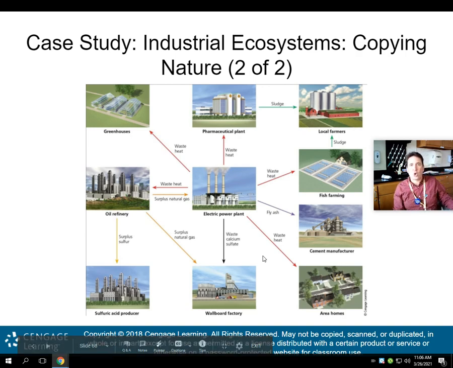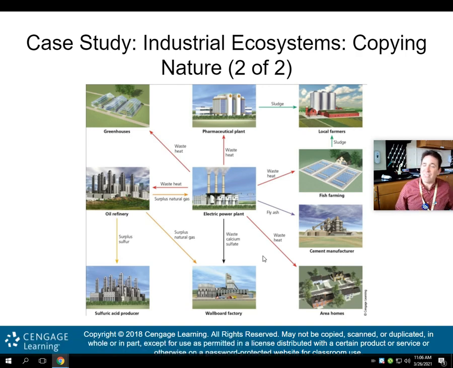All right, this is called industrial ecosystems, and this basically is that cradle to cradle approach that we need to get to when it comes to waste. None of the waste here is put in the grave. None of the waste in these industrial ecosystems are thrown away. The waste is reused and recycled, and as a result, you have that cradle to cradle design that we are striving for.